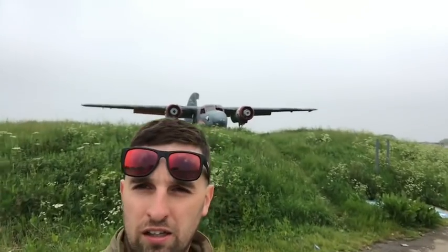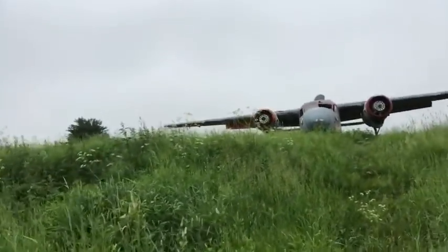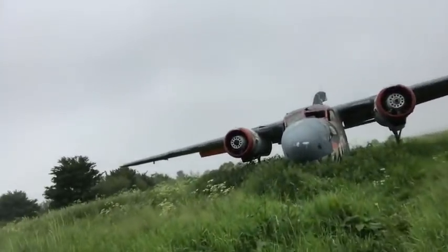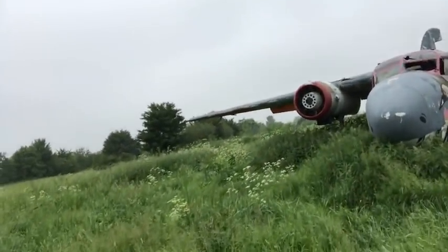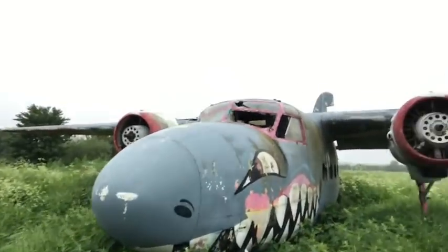There's not much here, probably 4 or 5 abandoned planes. So as you can see, one behind me there. I'll just take you up, we'll have a bit of a look. I don't know if it's any good yet. We'll have a quick walk round